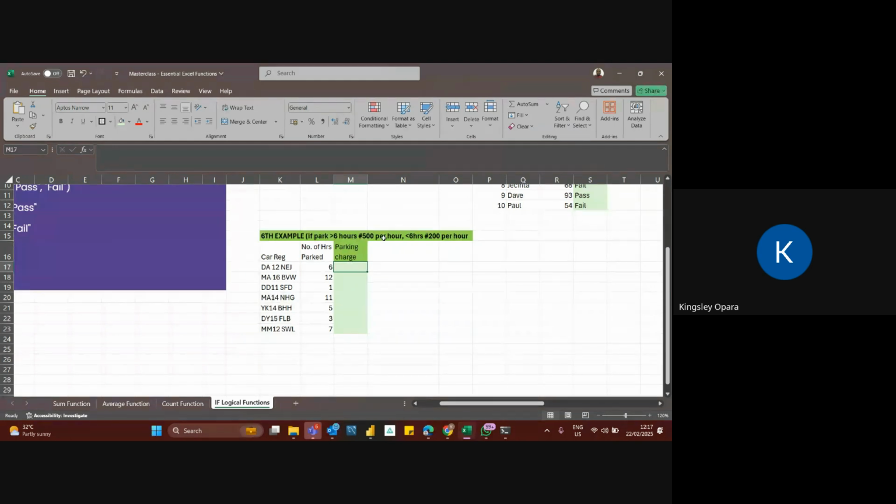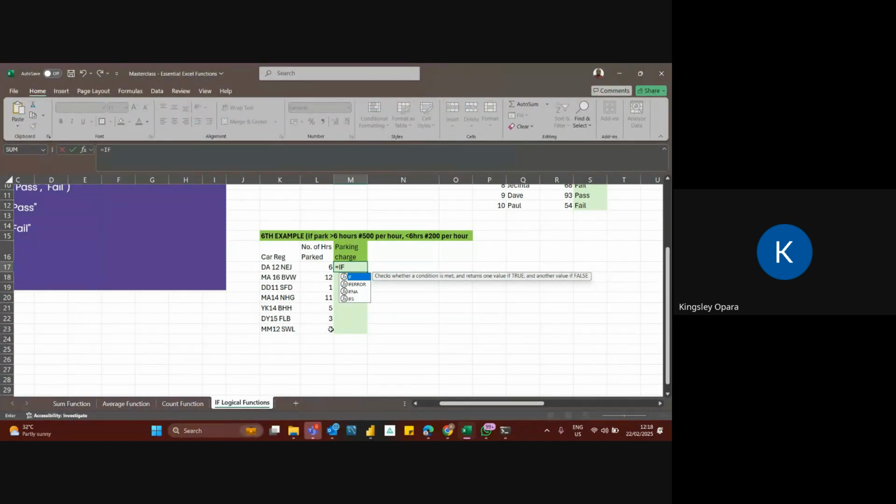Once a customer comes to park a car, hours, use of the IF function again.